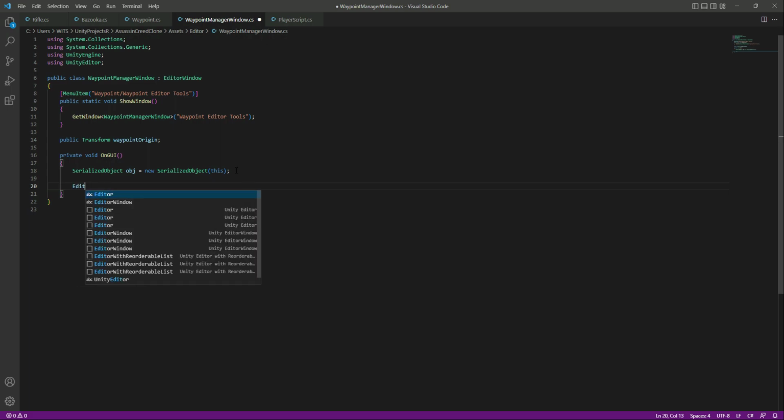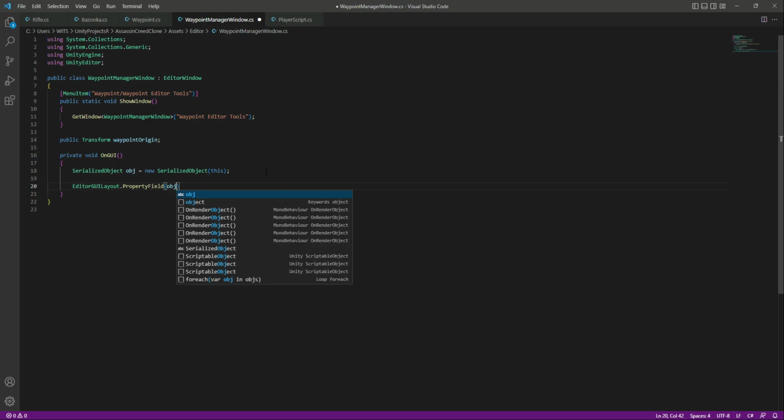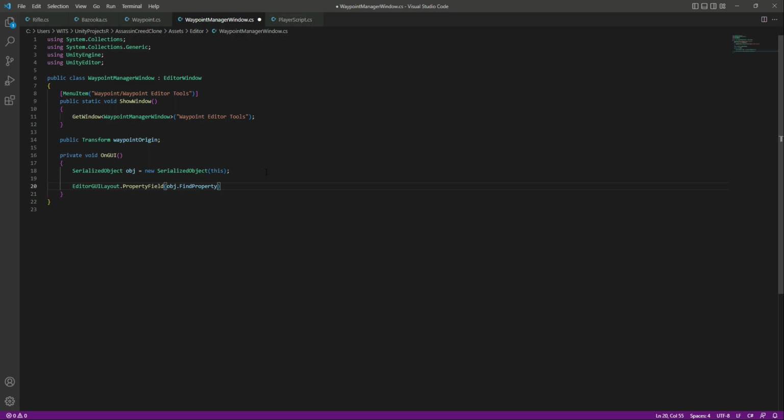So for that we will say editor GUI layout dot property field. Then we will say obj dot find property, and right here we will pass the waypoint origin. So once the property for our waypoint origin is created, now we will check that if this waypoint